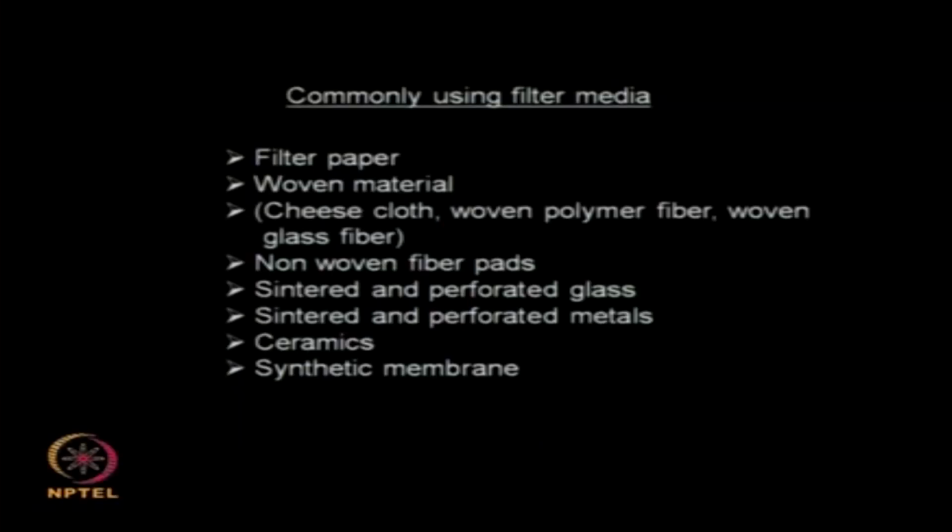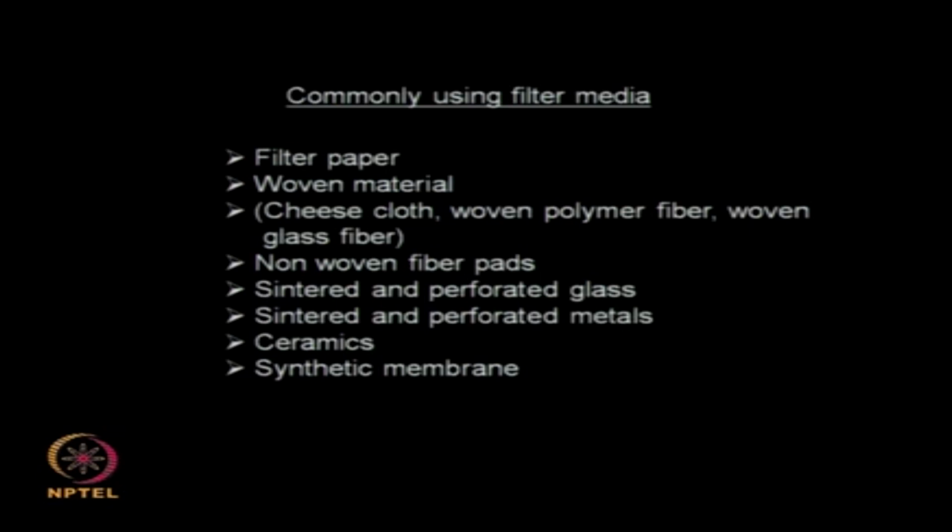So then after the filtration we throw the paper out, we sometimes burn the paper out to collect the solids and weigh the solids and find out how much solids is present. Woven material, cloth, different types of cloth, nylon cloth, polyester cloth, cotton cloth, cheesecloth, woven polymer fiber, woven glass fibers, non-woven fiber pads. That means you can have thick pads like in car we have, or air conditioners for example, we have pads which capture very fine particles and hold it. Sintered and perforated glass, sintered and perforated metals,